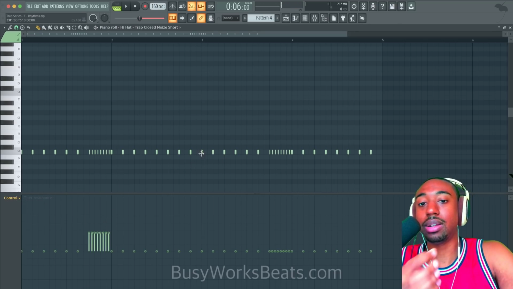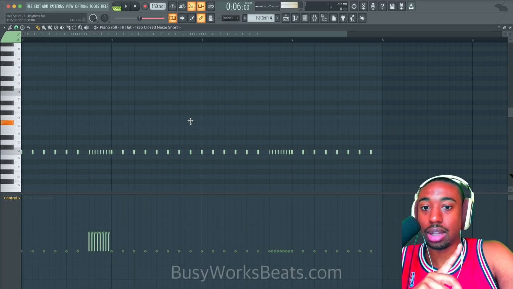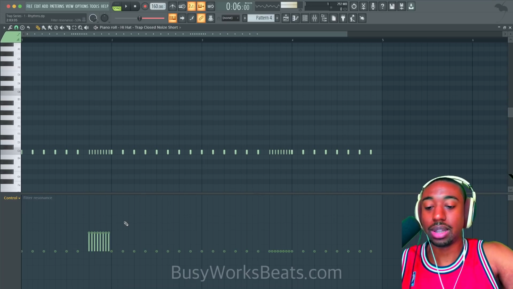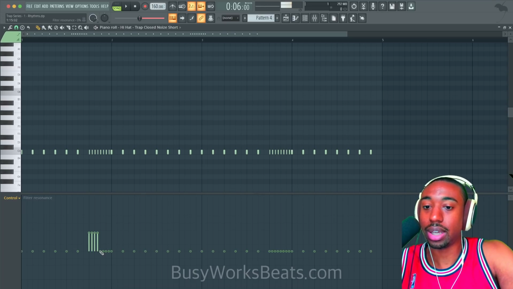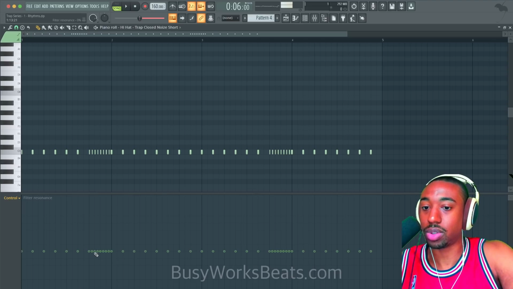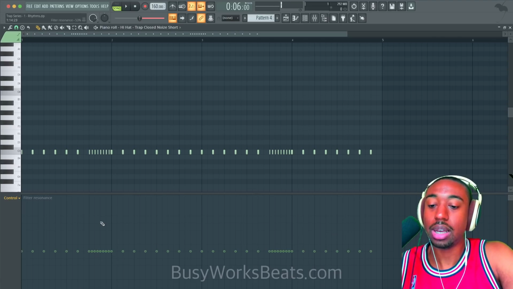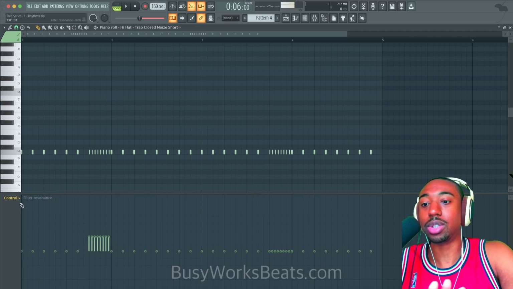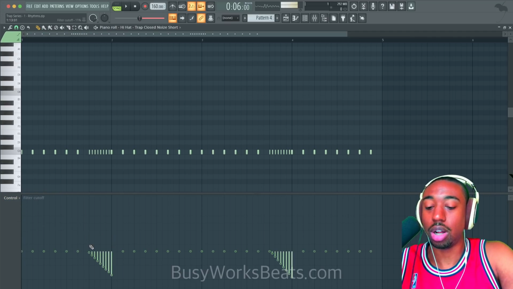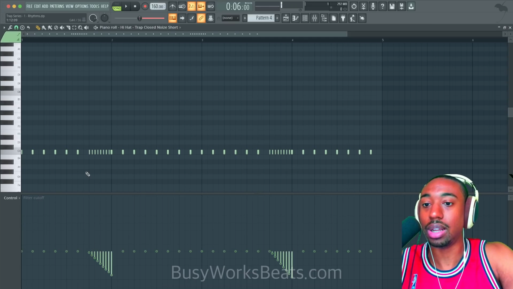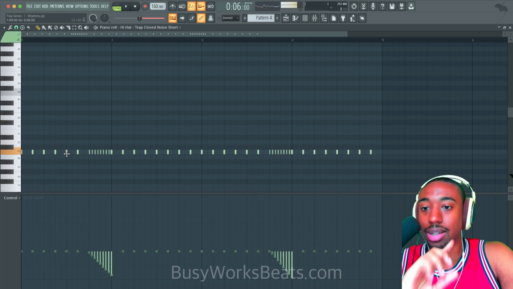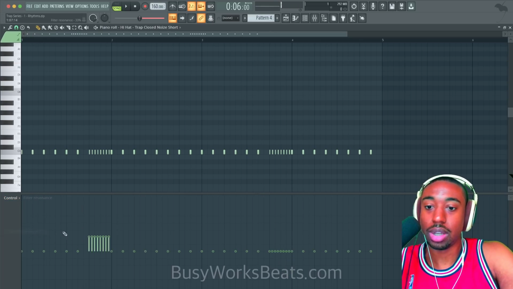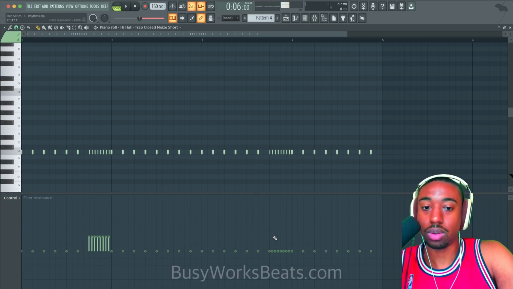If you want to reset, you just click on a note that's not affected. And then when you add the note in, it's normal. If you ever mess up and want to reset everything, just hit Alt, left click, and drag it back to normal. So Alt, left click is your kind of safeguard against all this other nuance if you ever mess up. So you would go to each one of these tabs and just hit Alt, left click, and make it all even. And then you would have to click on the note that doesn't have any changes to it. And now all your notes will have normal stuff. So just a caveat for those who don't know about that.